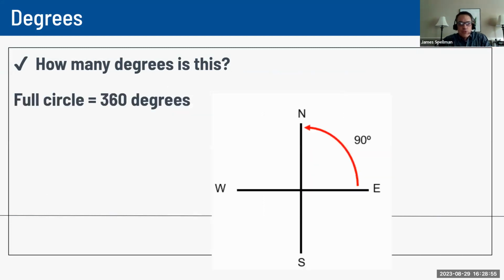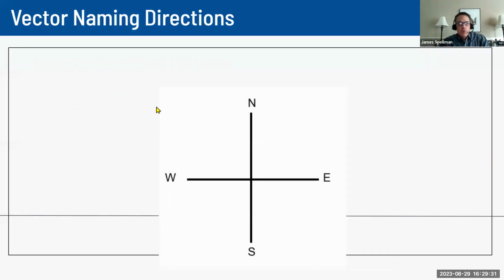Remember, this full circle, when we draw a full circle, is going to be 360 degrees. So there's always 90 degrees between east and north. Remember that it basically makes a right triangle, and a right triangle is always going to have a 90 degrees to it. So if we make this into a triangle, it's a 90-degree triangle, but additionally, it's also 90 degrees in terms of us thinking how far is it from east to north on a compass. Same thing from east to south, 90 degrees, between west and south, 90 degrees, and so forth. So that's just kind of our basic information we need to be able to answer some of the things we're going to go over today, because